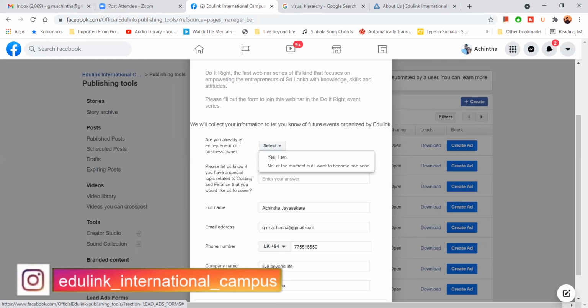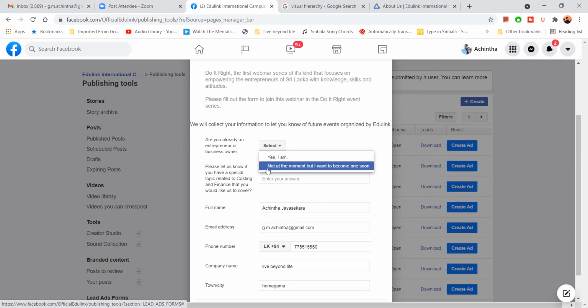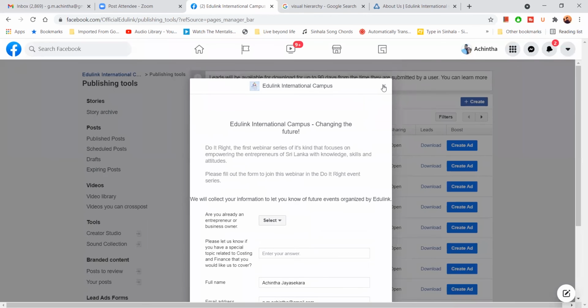So I've asked them, are you an entrepreneur already or a business owner? I've given them the options: yes, I am, or not at the moment, but I want to become one. Right? A drop-down question. And the other one is, Dr. Chatura himself asked whether the other people who are participating want other topics to be covered. So I've asked them, if you have a special topic you want covered, put it there. Right? It's a short answer question. So what happens when you have this is, people will go through that, and